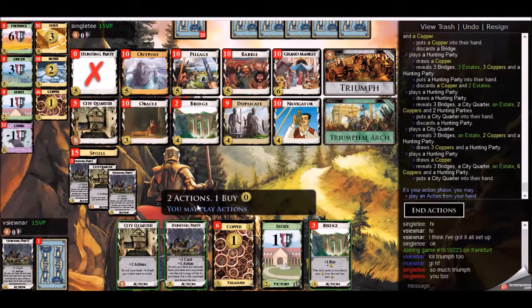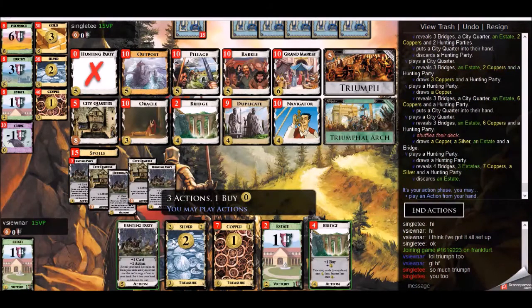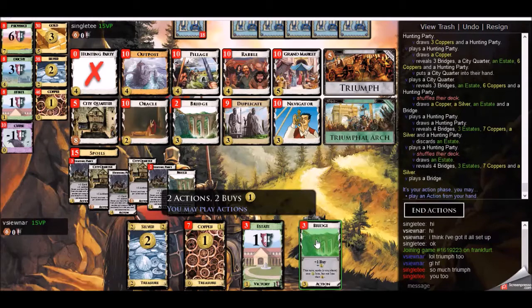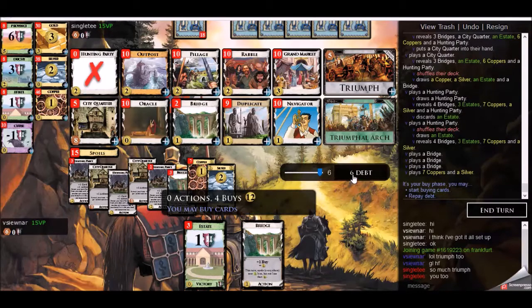So I do find mine here, and I am able to draw through the deck for the first time, I believe, this turn. Not entirely sure, maybe it's next turn, but either way, I'm able to see all my bridges, which is excellent. Yeah, this is the deck in hand. And able to play 3 bridges, and we're just going to do the same thing here, buy more bridges and more city quarters. So here, I am going to just pick up 1 bridge, because I can't play